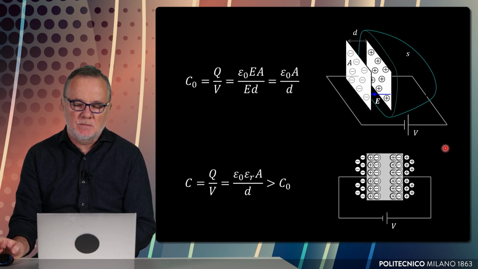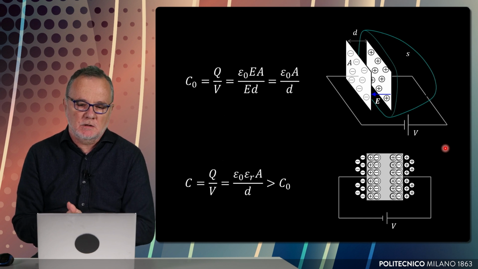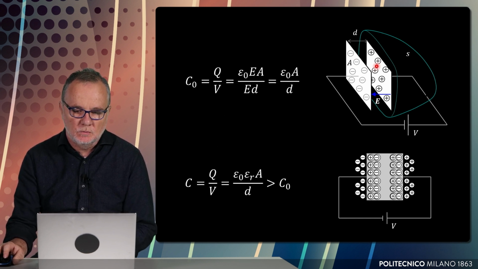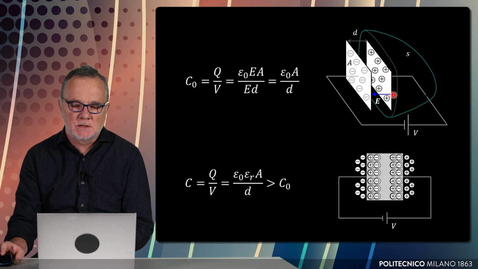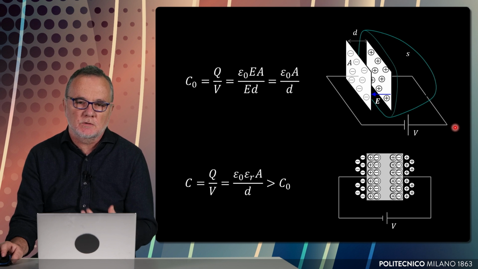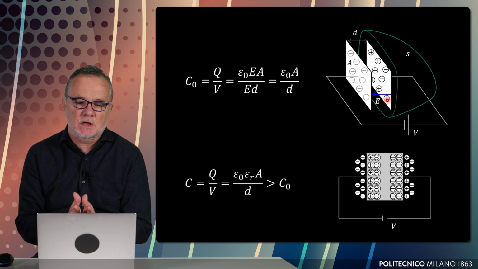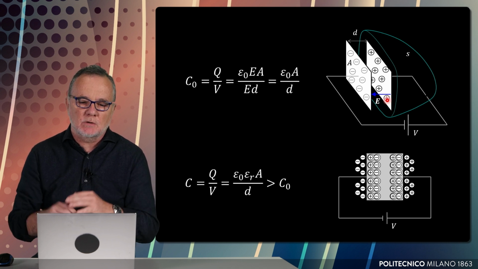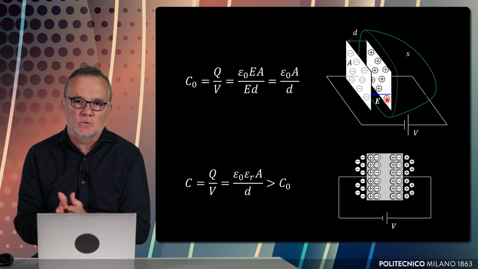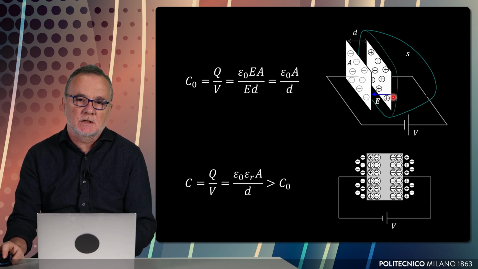So the typical example we give when we speak of capacitance is that of capacitors made of parallel plates, in which there are two conductive plates, as you see, that are set at a given voltage difference and on which there is a storage of charge. The two charges are equal and opposite, and we can define for this very simply the value of the capacitance, because when the two plates are placed very close to each other, we can neglect the presence of the fields outside the region between these two plates, and we can consider that the field inside is constant.